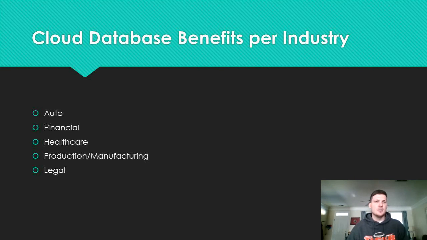When you just think of auto industry companies, most of these are very large companies that need to get to their data quickly. So with the scalability of a cloud database and the easy accessibility, this might really be a benefit to these auto companies. The financial industry is another industry where cloud databases could be a huge benefit. They could specifically benefit from the security aspect, because a lot of these cloud databases allow you to have encrypted information and tightly controlled credentials for confidential data.